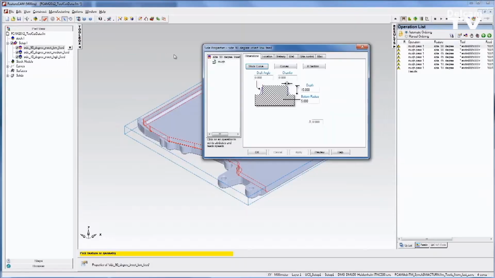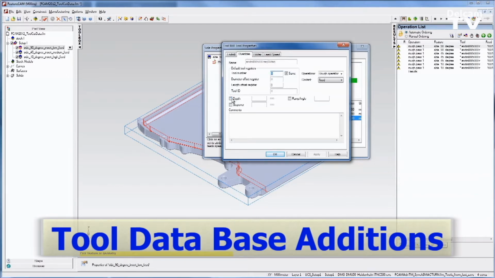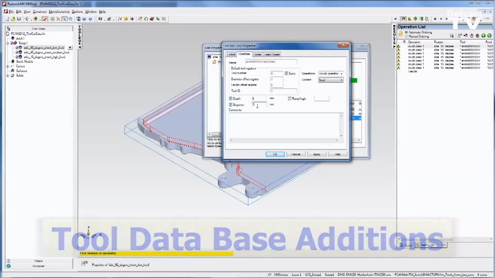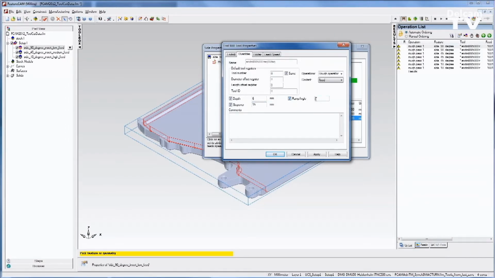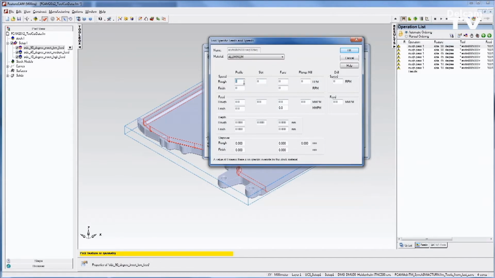One of the long-term enhancements that people have wanted is some new additions to the tool database. So in your tool information, you can store things like step over, step down, and ramp angle preferences for each tool and each material, so that when that tool is used to cut in a given material, the appropriate cutting